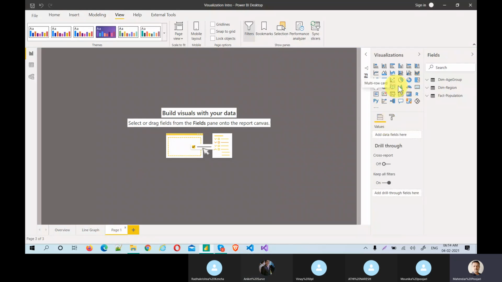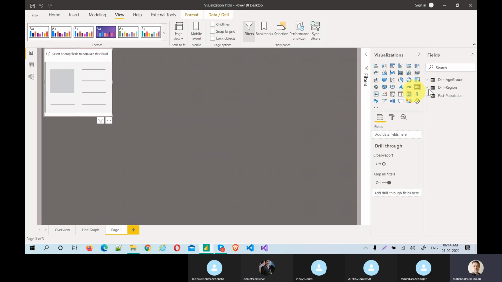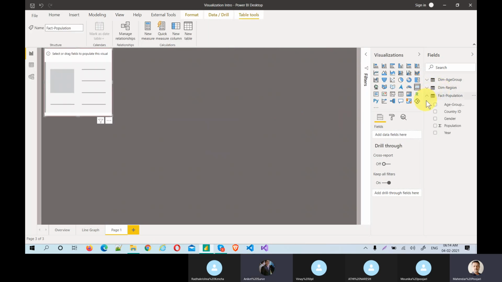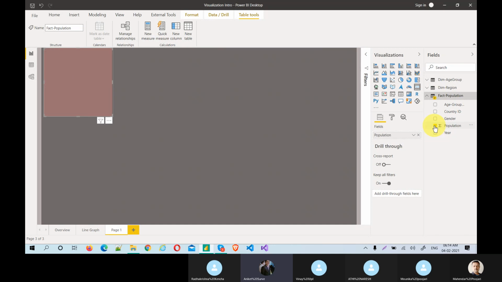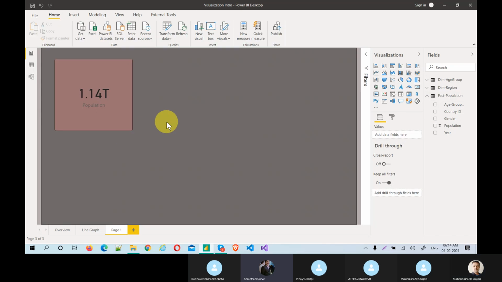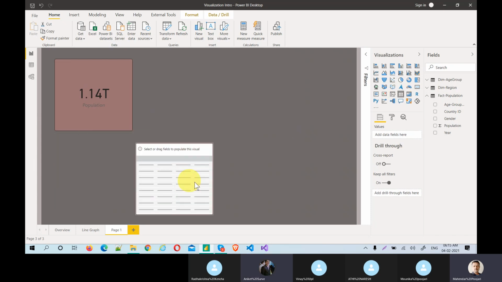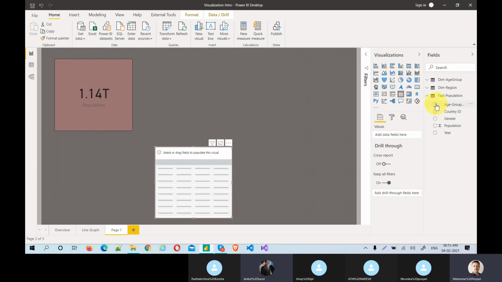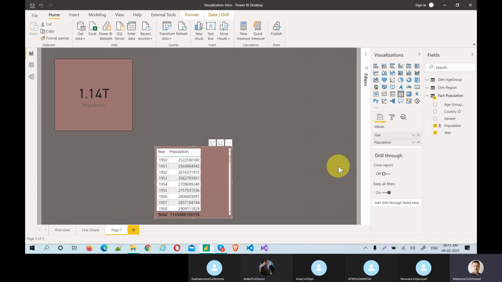Let's say you create one card here and add some values. By default, the visualization theme will come like that. Got you. This is one of the most important things. See the rounding option, the borders, that is also applied, and the font, everything. One of the most important things is the table. If you can see the table values like year and population.